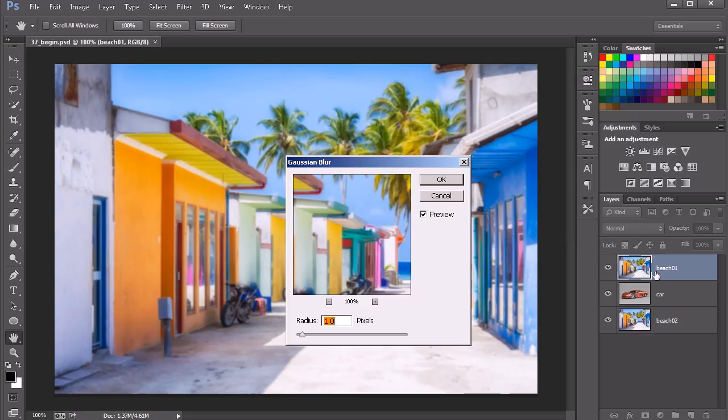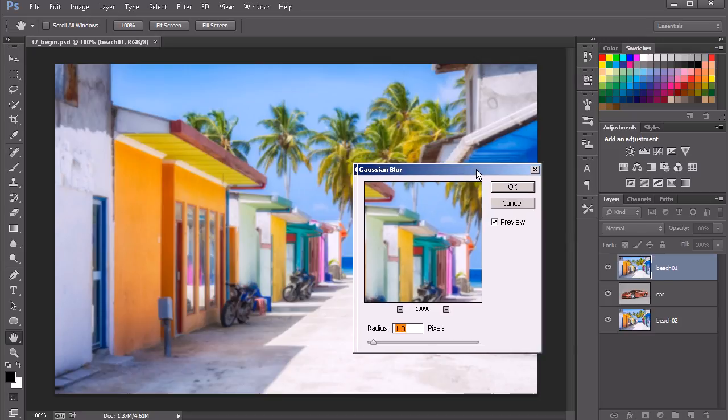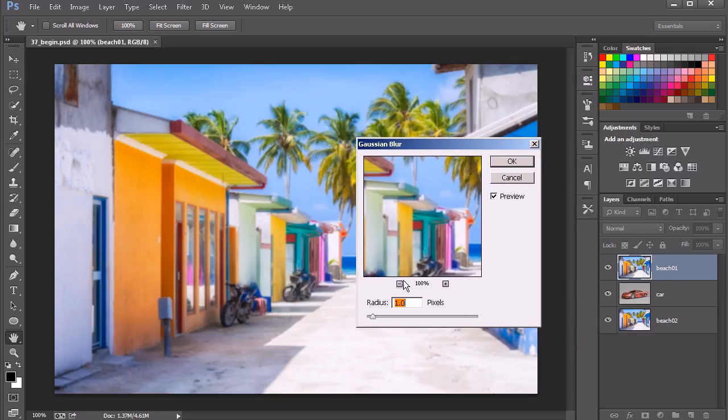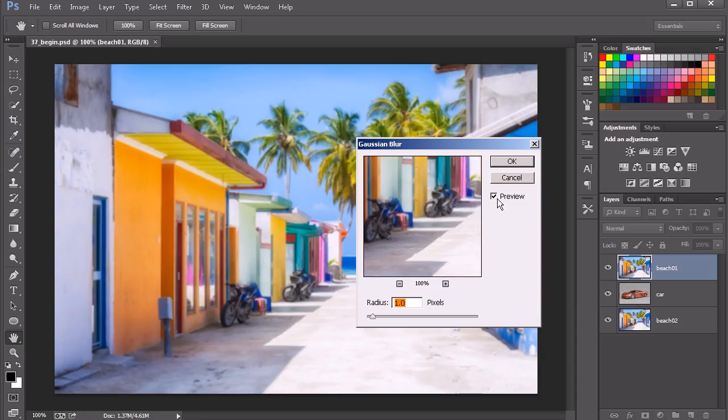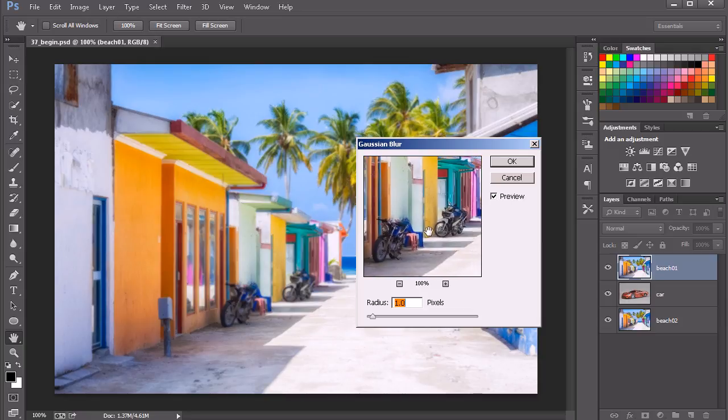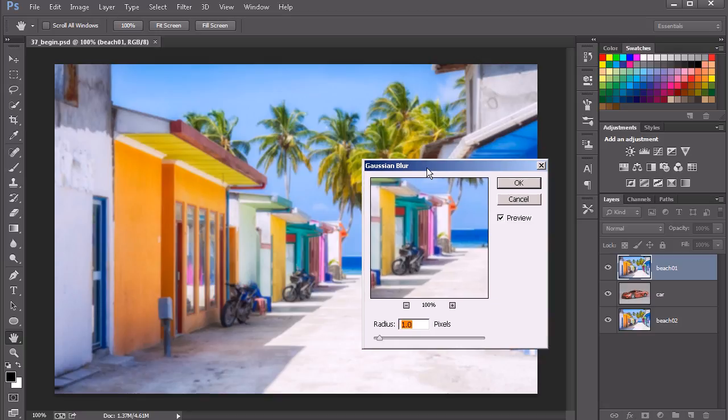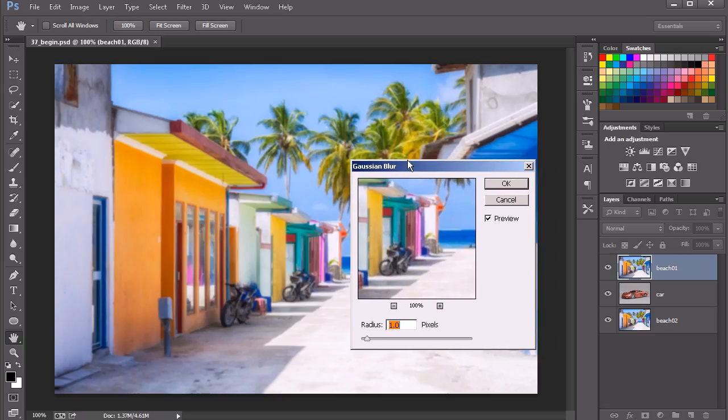And I've got my Beach 01 layer selected here. And you can see here, this is a pretty simple blur. It really only has one setting to it. And I can preview that either in this window here, or with this check mark ticked right here, I can preview it on the actual canvas as well. So if we're blurring an image, then we may have a vision in mind for the amount of blur that's being applied to it, but we can control that with the Gaussian blur right down here